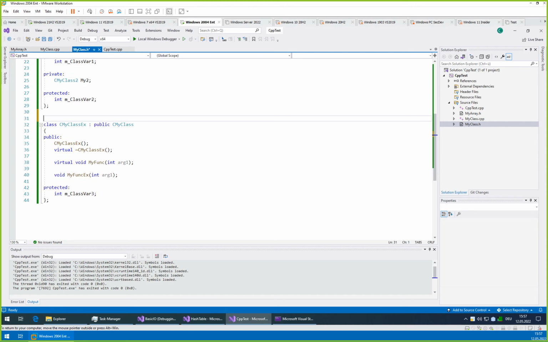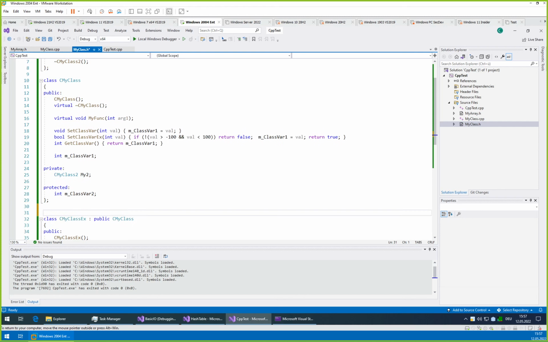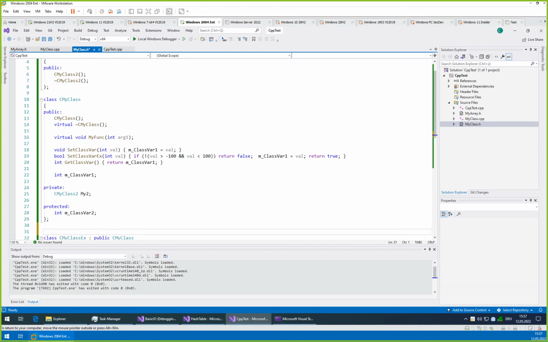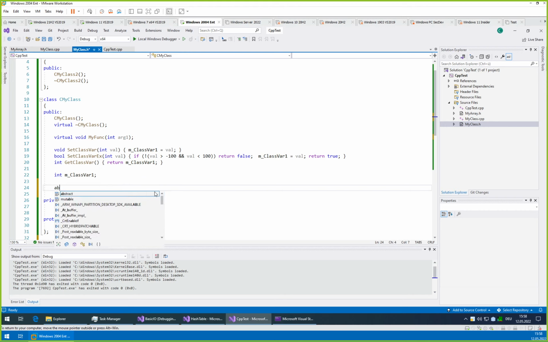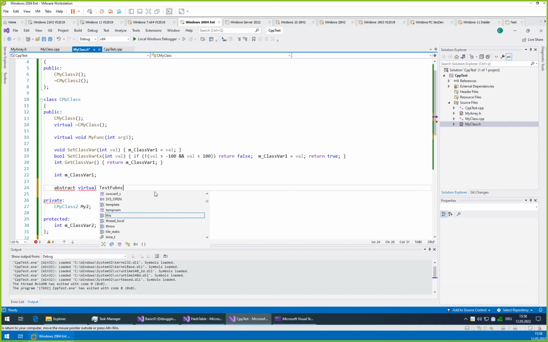What you also can do is define a function as purely virtual, so basically one that you don't provide an implementation for. So let's do that. If you want to make it virtual in C++, virtual int.